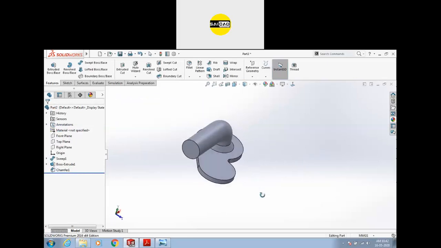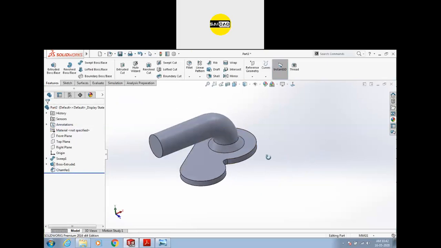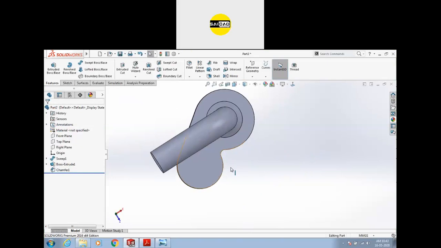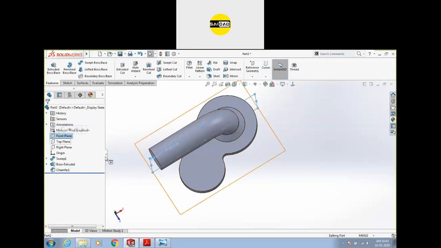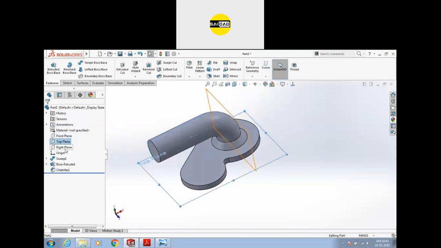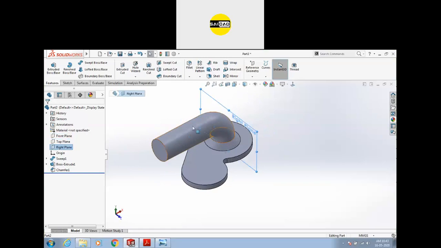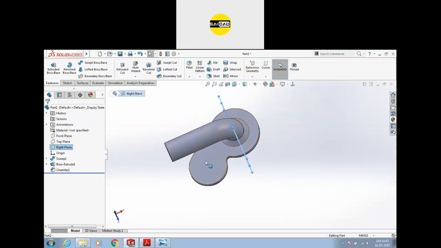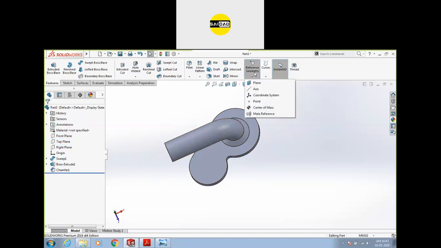Next we have to create a pipe here. So to create that pipe we need to create a path here, a plane here, because the planes we have, this one is right here, second is here, and third is here. We need to create a plane right here. So how can we create the plane? We have the options for reference geometry here. In that we have planes option.